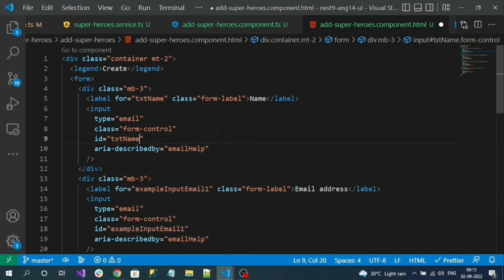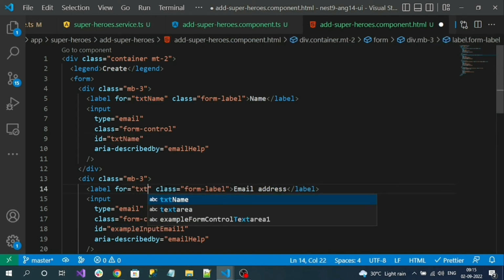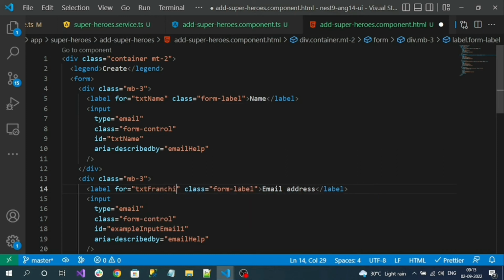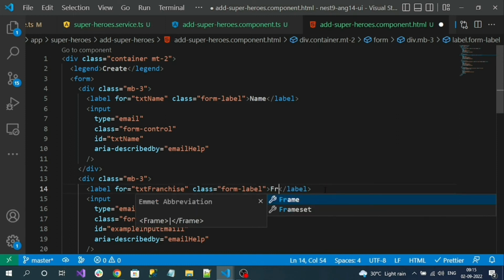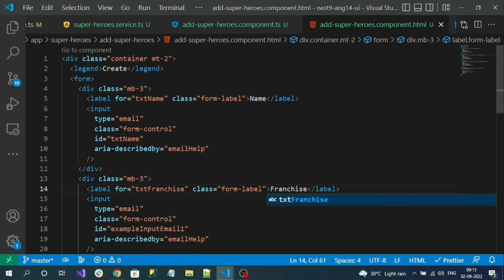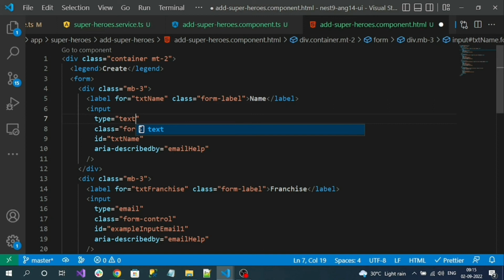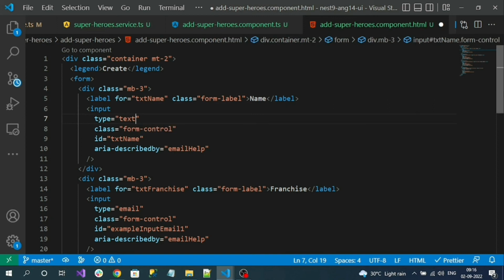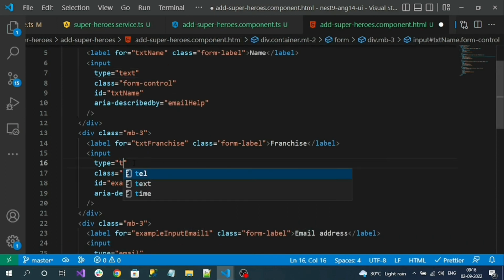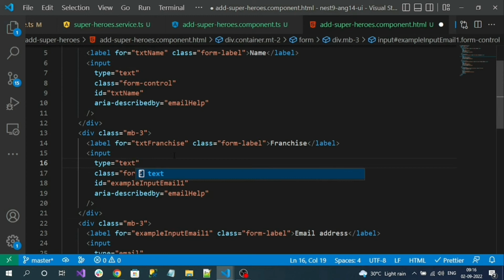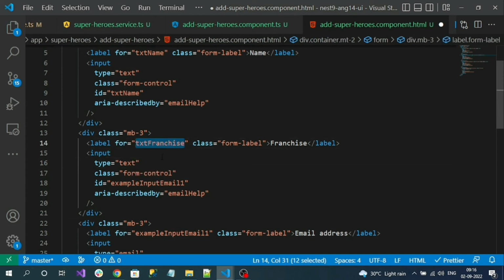Okay, same way text franchise. Okay, and this should be franchise, and we have copied text field of email type. Just change it to text type. Okay, text type and text type and franchise, txt franchise and id value. Okay,